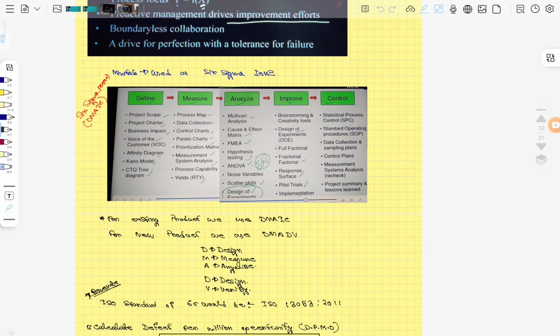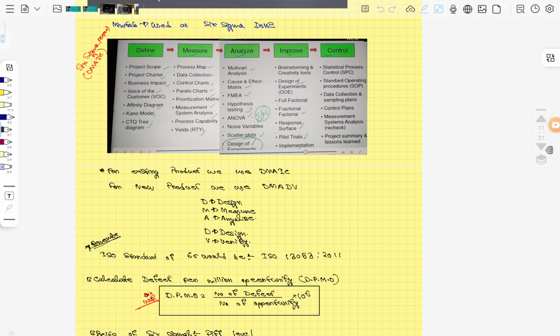There is a principle called DMAIC. DMAIC means define, measure, analyze, improve, control. For an existing product we use DMAIC, and for a new product we use DMADV, that is design, manufacture, analyze, design, verify. The ISO standard is also useful, that is ISO